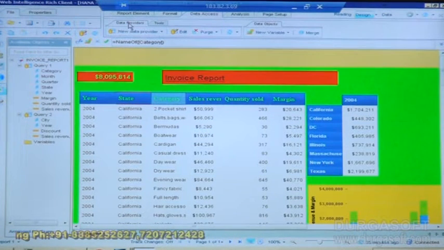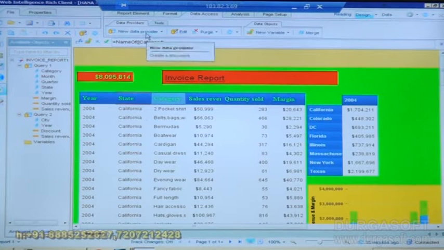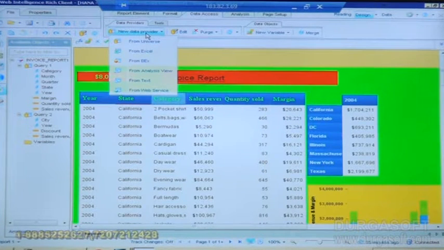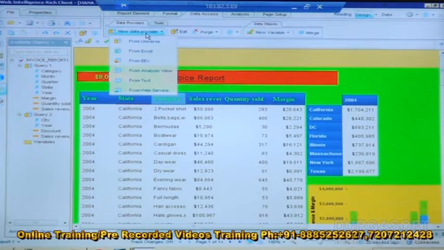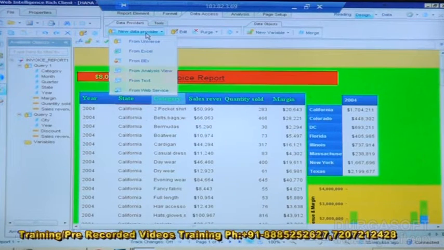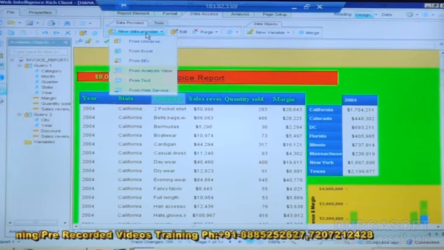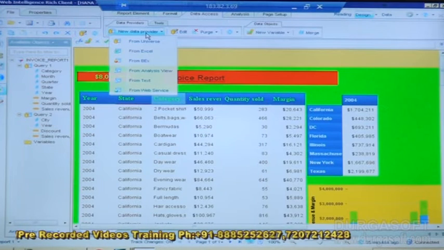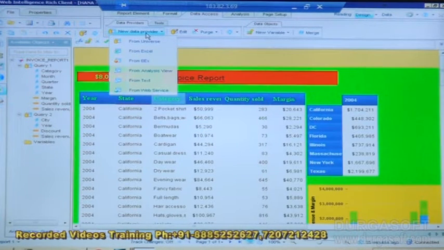And how to add separate reports on top of it, which we call new queries. It means that WebI is a documentation where, in one document, we can apply multiple sources. It may be from universes, it may be from Excel files, it may be from the web portal, or from analysis views. All those things we can perform. And we also did it from web services. So we saw how we can get data from web services and all those scenarios in different areas.